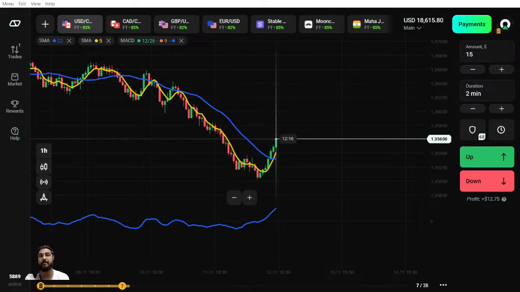Then you will implement them: okay, this is the support resistance level, here I need to focus on that part also. I am not supposed to open a trade when both the SMAs are quite near and moving parallel to each other, because that indicates a consolidation market. So slowly and gradually you will start making your own set of rules, and that set of rules will help you conclude whether it is working for you or not.